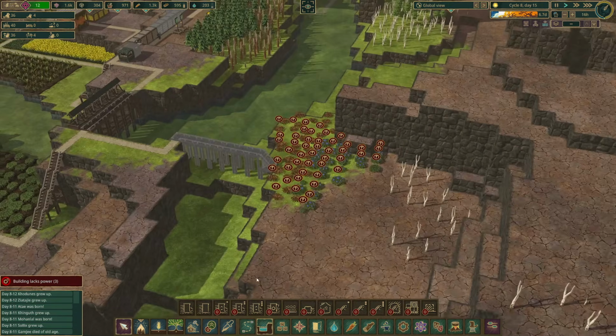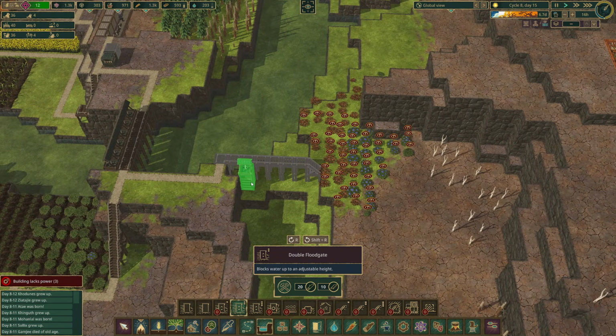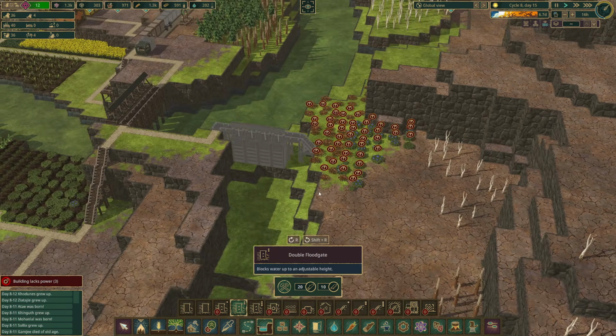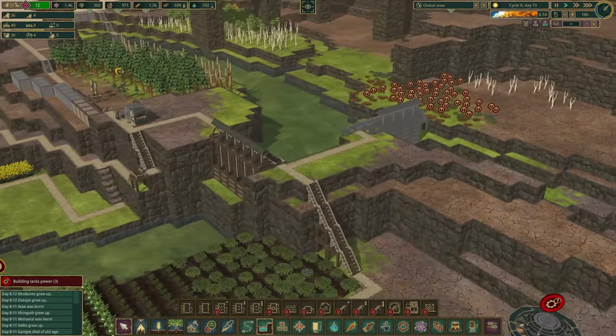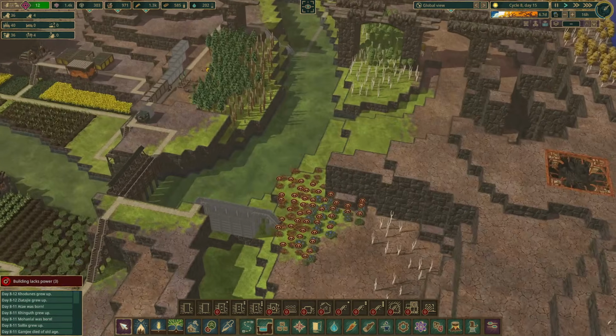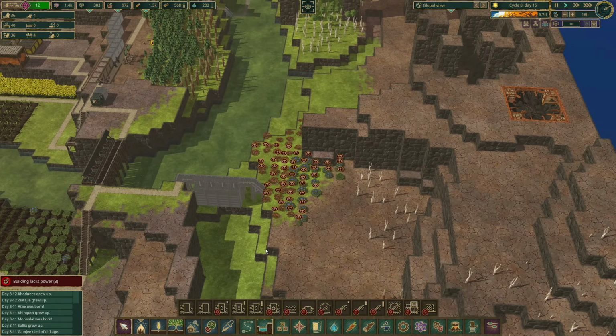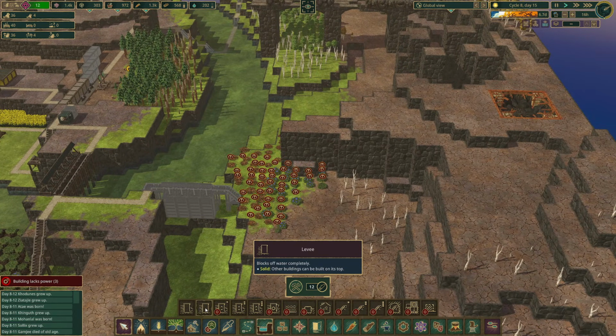Well, first, we'll have to unlock the double floodgate. And we will build, I'll say 4 across. That should be enough to let out enough water during a bad tide. So that should be a large enough gap that we're not keeping water trapped in. And then we will build,